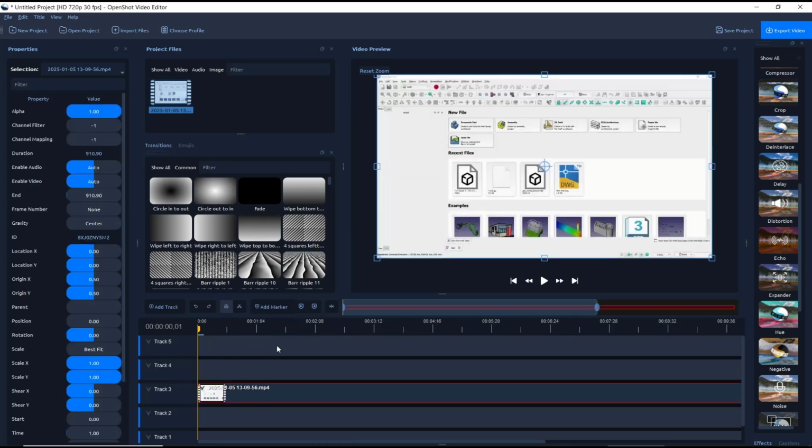Next, I will use this tool, enable razor, so you can cut the video. So I will cut at this point, then cut again here. Now you can click again to close, and then you can move or erase the cut object by